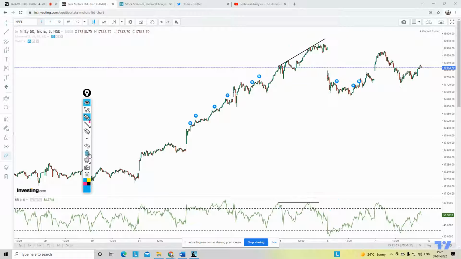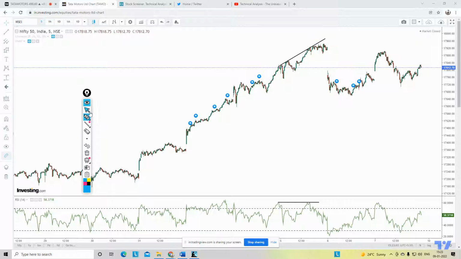So likewise, even option buyers can make money, correct? Option buyers can also make money. The thing is that you just need a little patience. You can't short over here, you can't short over here. If you can short also, then you need to have the patience to average a couple of lots above, at a gap of 50 to 70 points. But when you spot a long divergence over here, then you can keep this particular area.